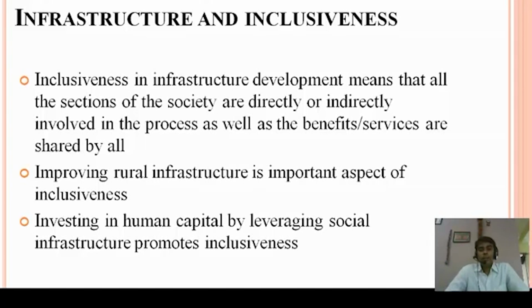So in that case, inclusiveness in infrastructure generally means that all sections of society are directly or indirectly involved in the process, and the benefits and services are shared by all. We have seen that when we try to have a faster urbanization process, we do not really consider the rural growth rate and rural contribution. We do not really take care of rural infrastructure projects, and then we have large migration from rural to urban India, and that creates further challenges, and many economic and social issues in the cities